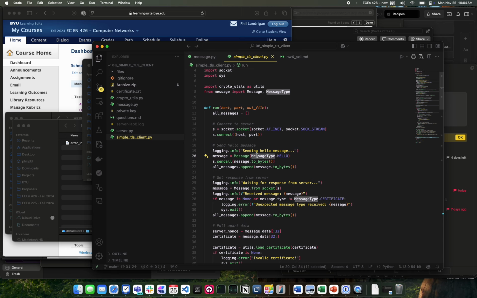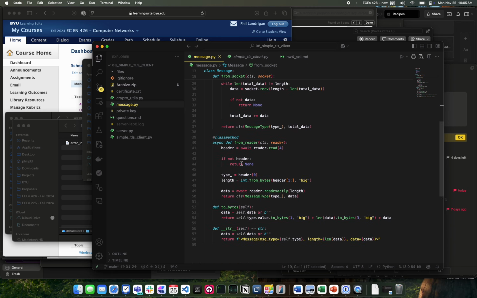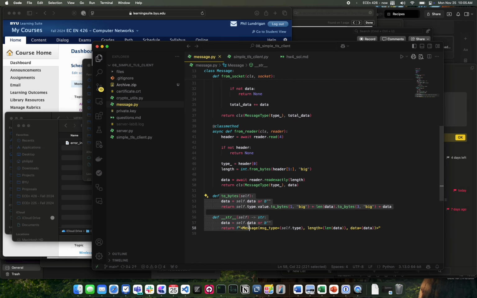The message equals message dot from socket is what was giving me errors. It was telling me that message was a class. Yep. And the classes couldn't be called. That's a good point. If we look at this structure right here, notice how there's some class methods. That's key. There's class methods, those can only be called on a class, and then there's some type methods like these that are called on the type. So, yes, but it wouldn't.